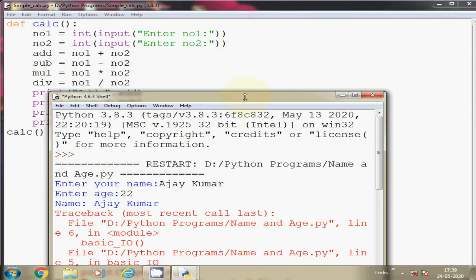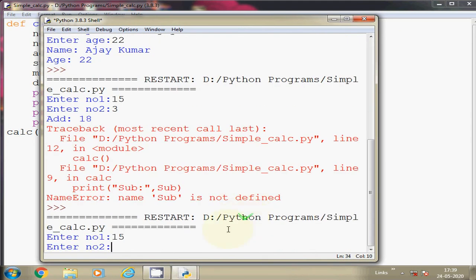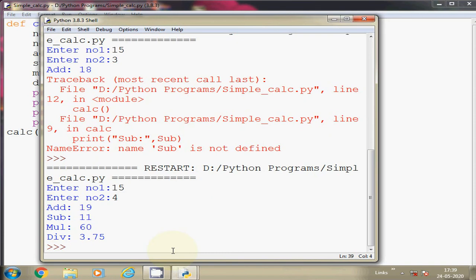Okay, now 15 4. So here is the output, you can see. So this way you can perform simple calculation, input and output function.